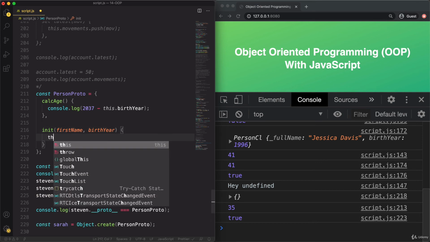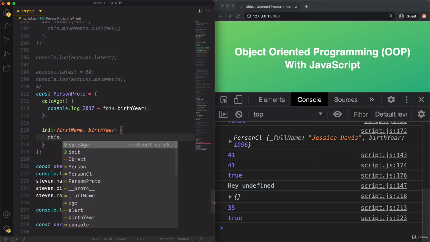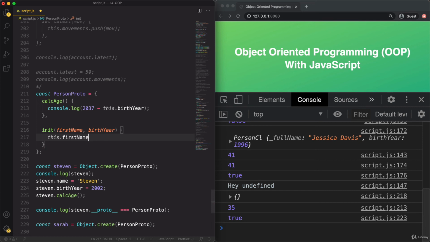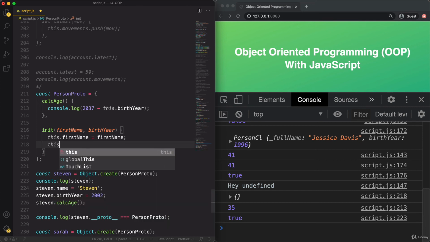And then just like before, we will use the this keyword and set this.firstName to firstName, and then this.birthYear, set it to birthYear as well. And so you see that this looks a bit like the constructor function that we created earlier, right?